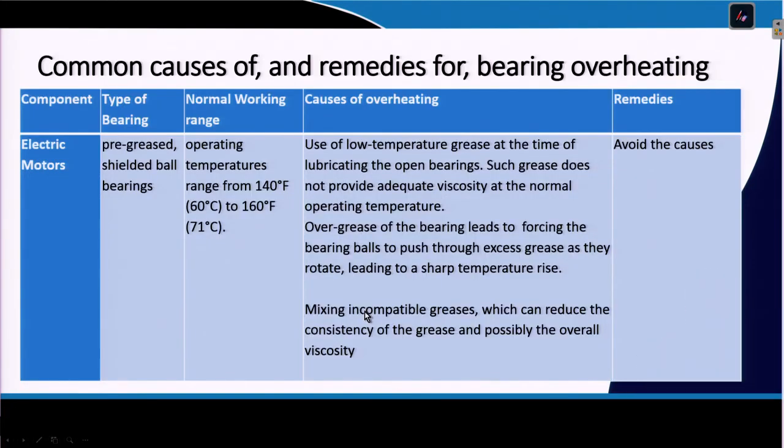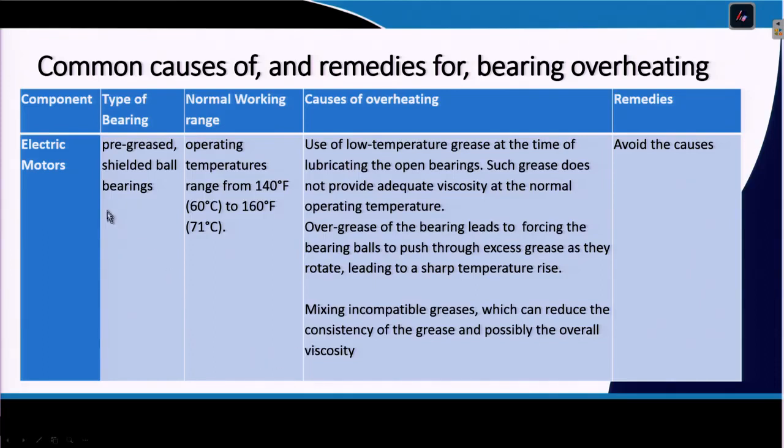So, in the operations, particularly when you are in a mine, you will find that bearings fail. So, you will have to make a note of what type of bearing, under what type of working range, and what may be the cause of their overheating, because most bearing failure is due to overheating, and then exactly under those heating conditions, either the metallurgical conditions or the lubrication conditions, they get